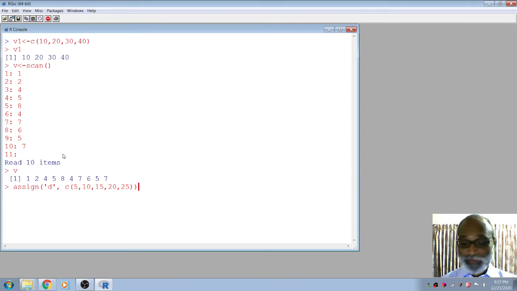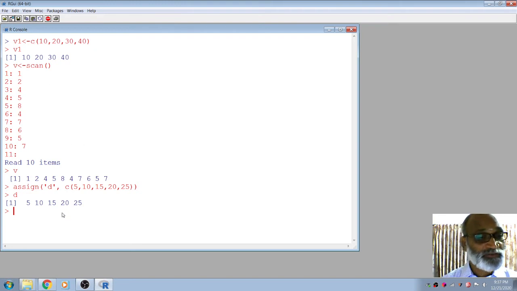So see here, I have combined all 5 data points, 5, 10, 15, 20, 25, and put them in the variable d using the command assign. So you see here what the value of d contains. So using the assign function also you can create a vector. Similarly, the scan function is also used to create a vector.